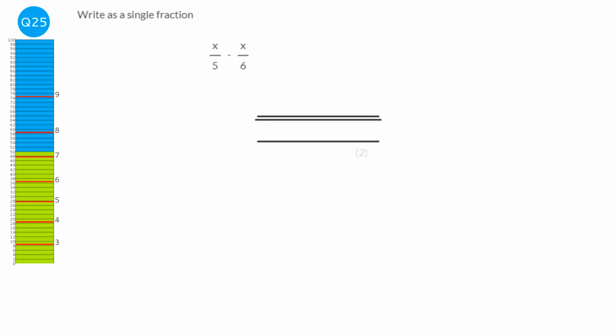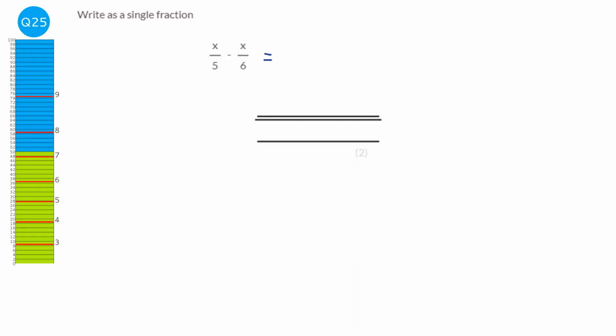The way you do this question is very, very similar to if it was 1/5 minus 1/6. You need to get the denominators to be the same, and then you add or subtract the tops. Well, we subtract in this instance. So 5 and 6, the lowest common multiple of 5 and 6 is 30. So I'm going to times the left-hand side, top and bottom, by 6, and the right-hand side, top and bottom,